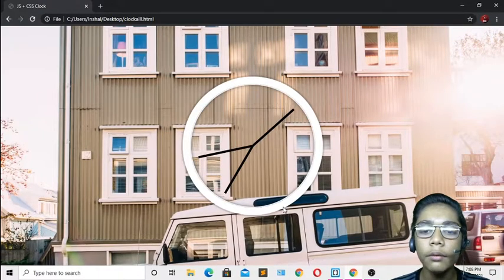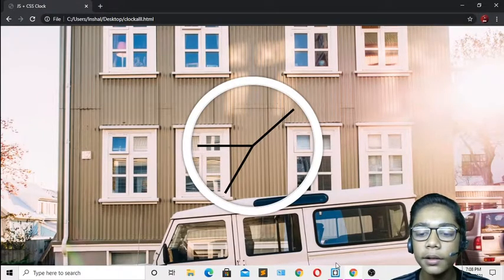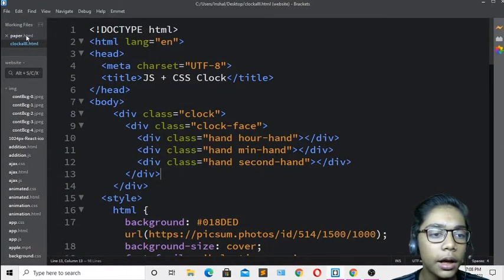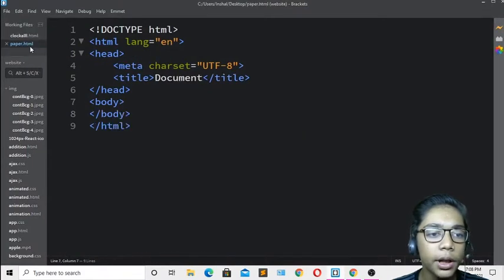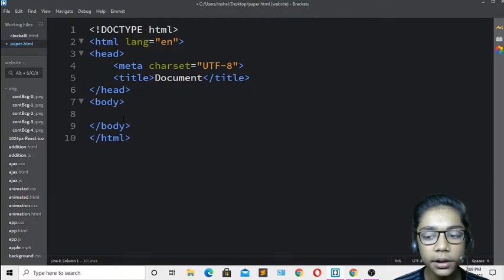So now I will go to my text editor, which is called Brackets, and over here I have created one file called paper.html. Like previously, I have not created any link for a style sheet or a script tag for linking. I will write all my code in a style tag for my CSS, and for writing my JavaScript, I will use a script tag like previously. So I will come over here first and write the style tag, and I will press tab over here.